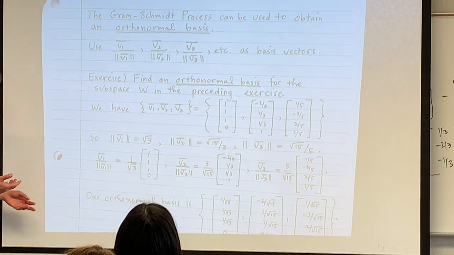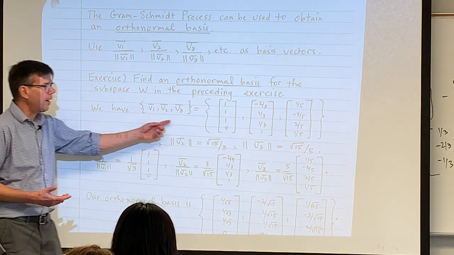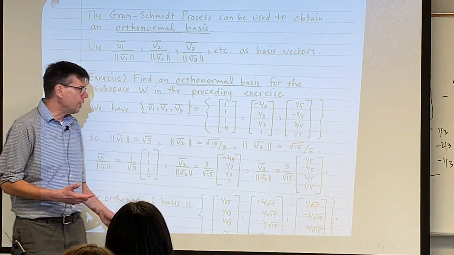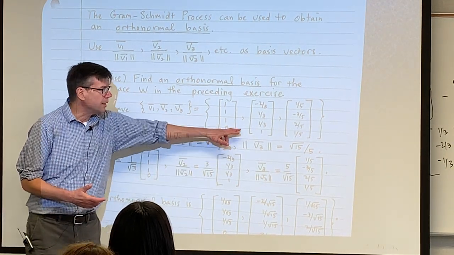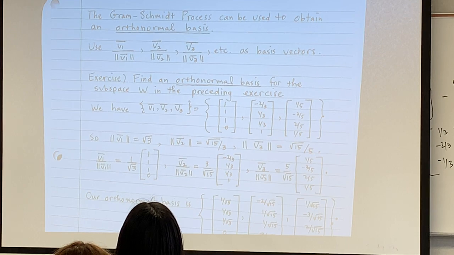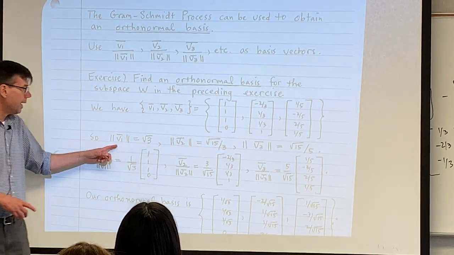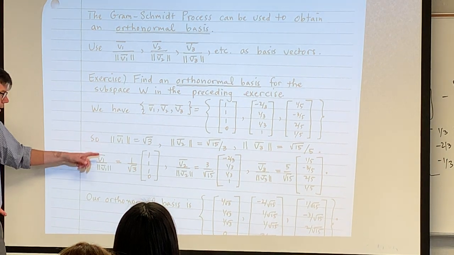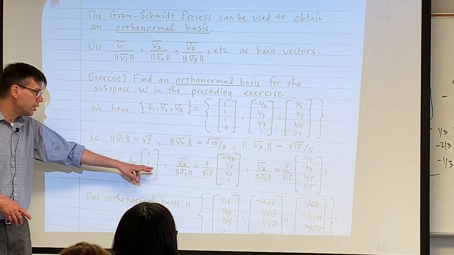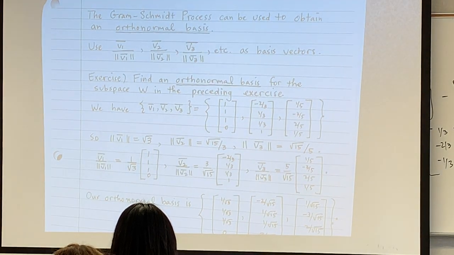There are different techniques, but you can just find your orthogonal basis, and then you just take each one of the vectors you got and divide by its magnitude to normalize it, to get unit length, right? So we got v1, v2, v3. I could calculate the length of each one of those. I could multiply each one by 1 over its length, and then I get what's called an